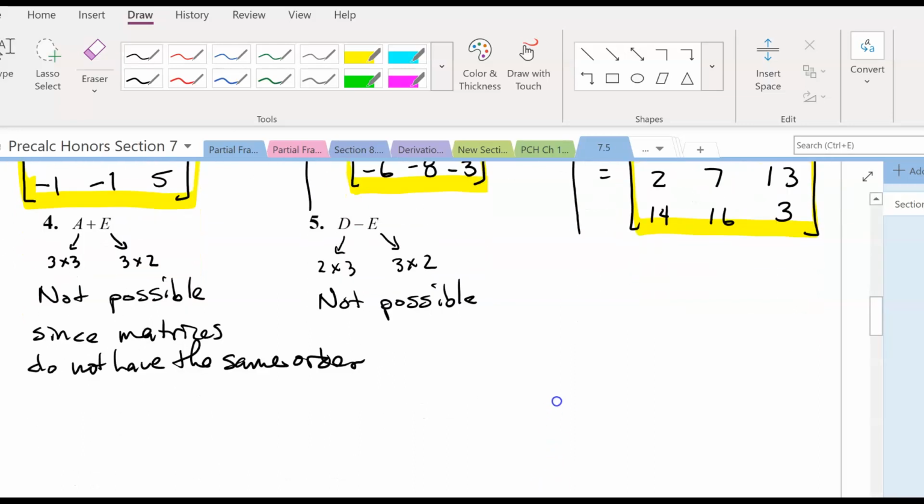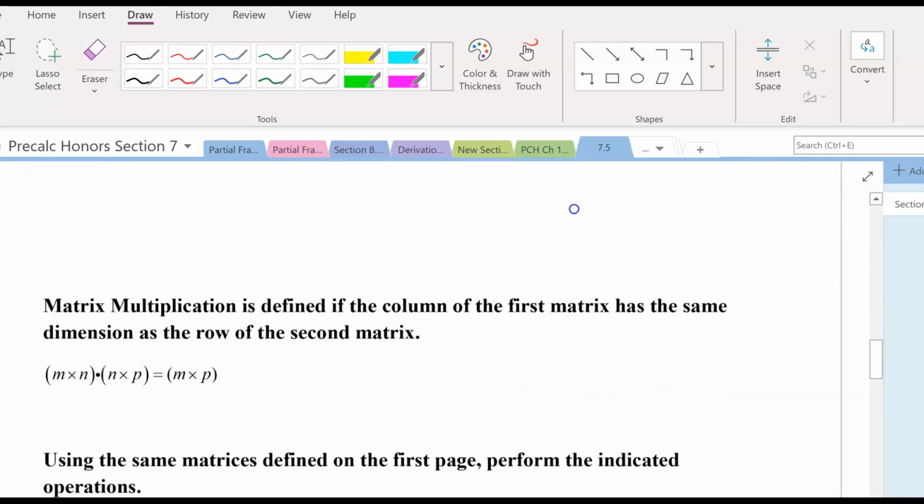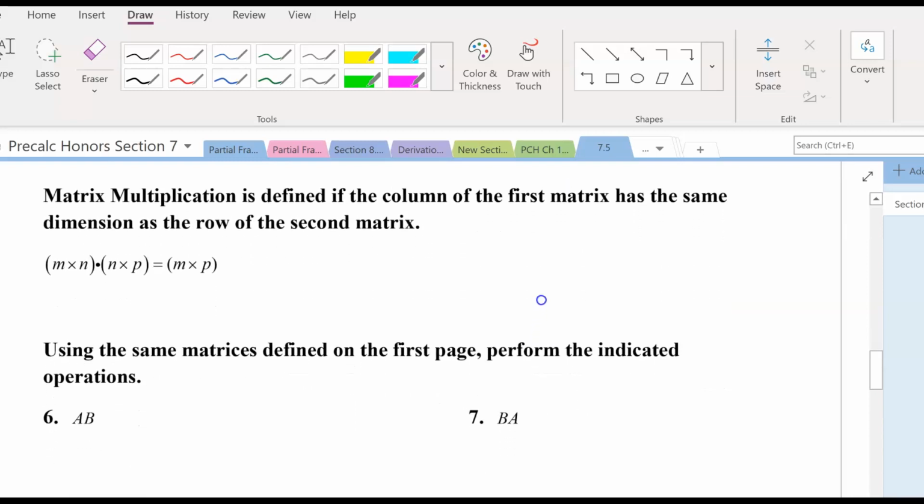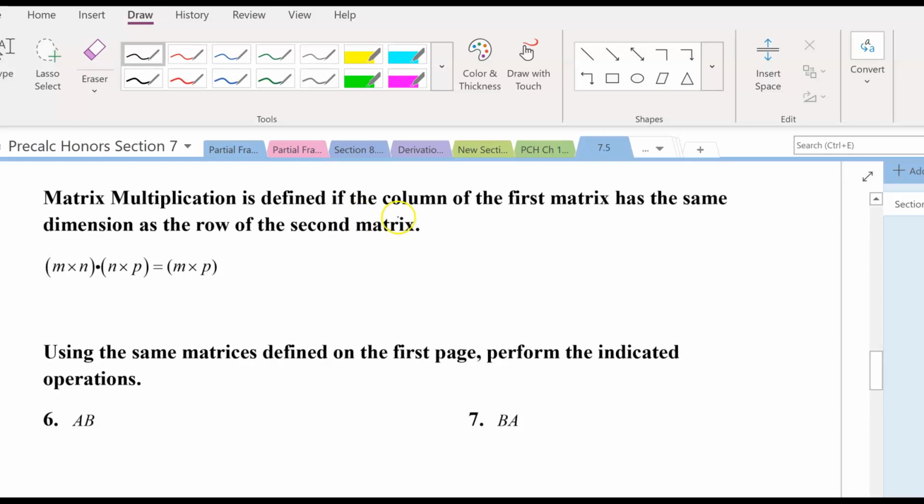All right, so let's move on to matrix multiplication. Matrix multiplication is defined if the columns of the first matrix have the same dimension as the rows of the second matrix. So let's say our first matrix is an m times n matrix, and our second matrix is an n times p matrix. When we multiply those, we end up with an m by p matrix. All right, so for example,